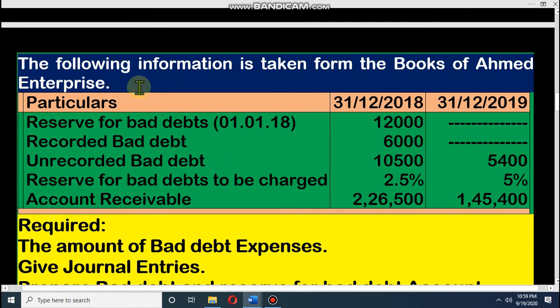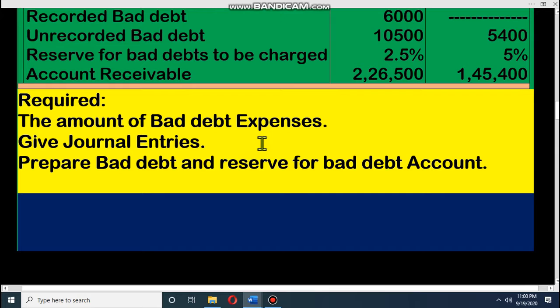Dear student, look at the following information taken from the books of Ahmed Enterprise. And look, we have been given reserve for bad debt. You know the other name of reserve for bad debt is provision for bad debt or doubtful debt. Recorded bad debt, unrecorded bad debt, reserve for bad debt to be charged, and account receivable. This information is given, for 2018 this amount, for 2019 this amount, and from this you have to prepare bad debt expenses,